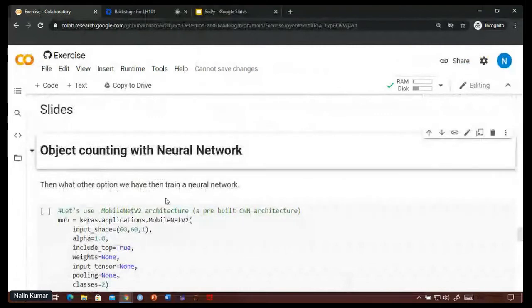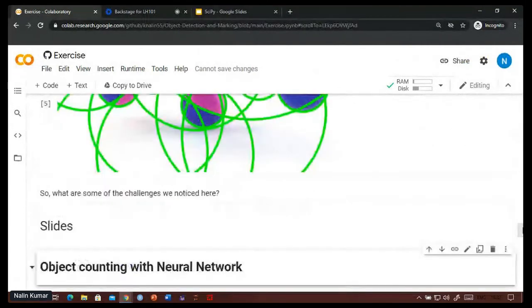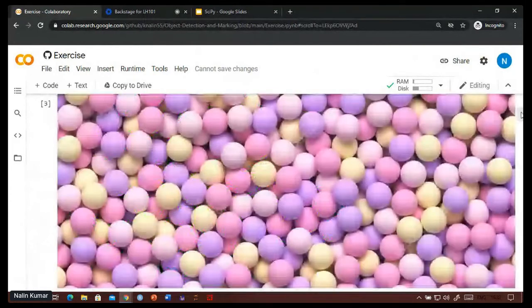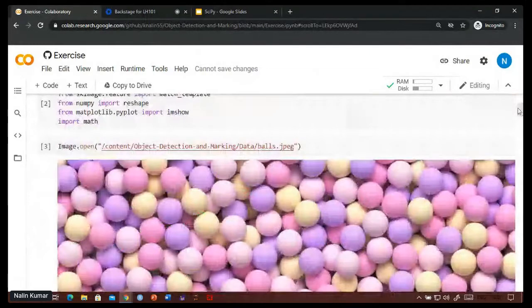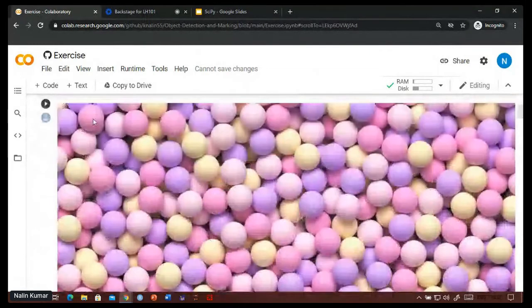So MobileNet V2 is what we will be focusing on. Deepak showed you this image. We will first calculate the radius manually, and then